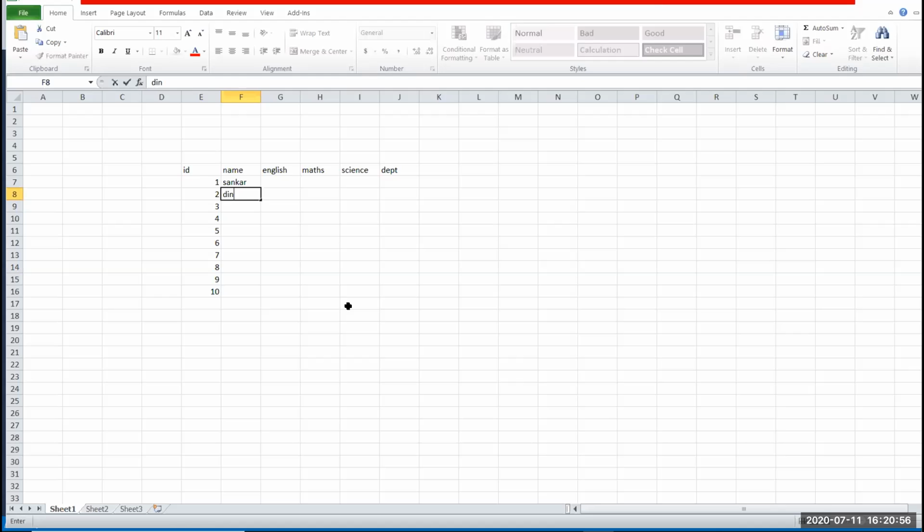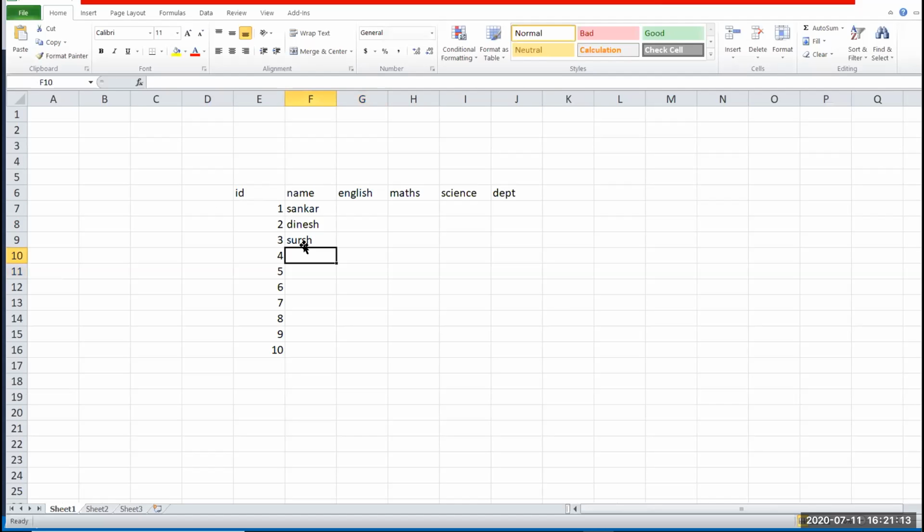Here I'm going to give Dinesh and some other persons: Suresh, then Karthik, Rajesh, Kuldeep, Satish, Chandra, Jamal, and Muthu. Okay, so we have 10 names.